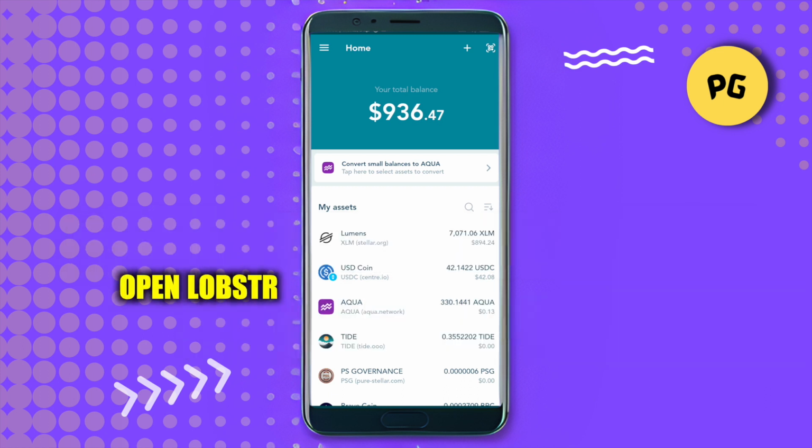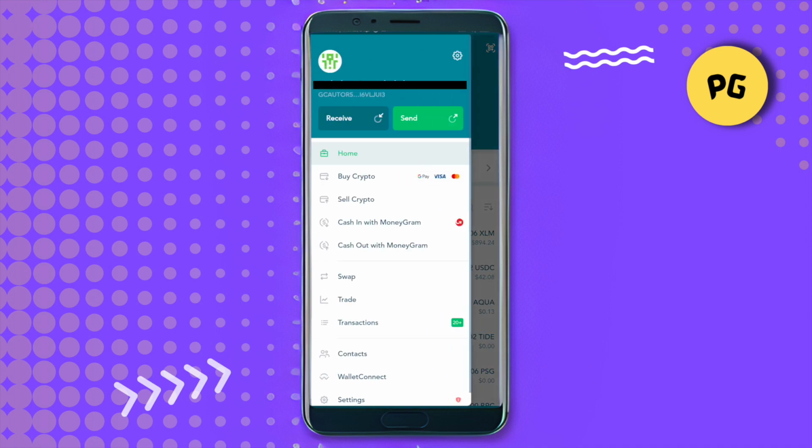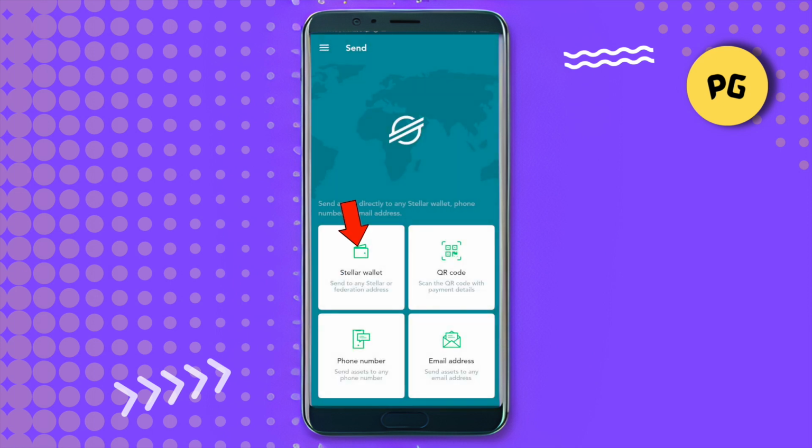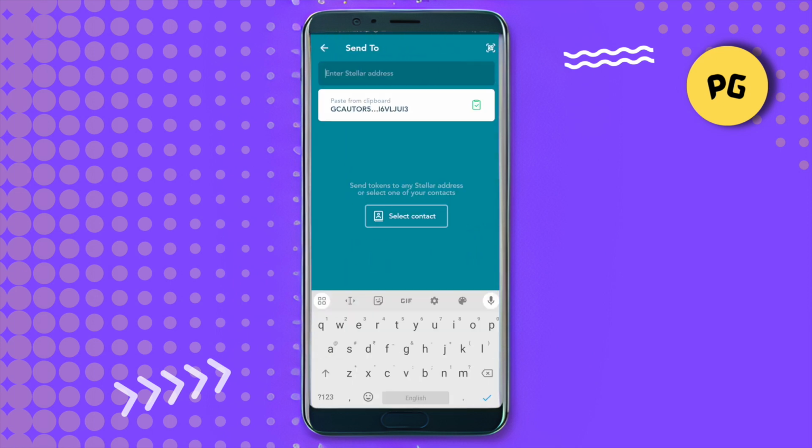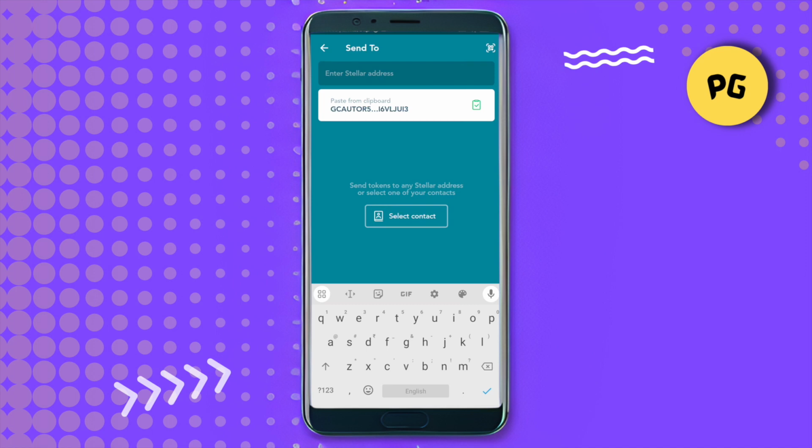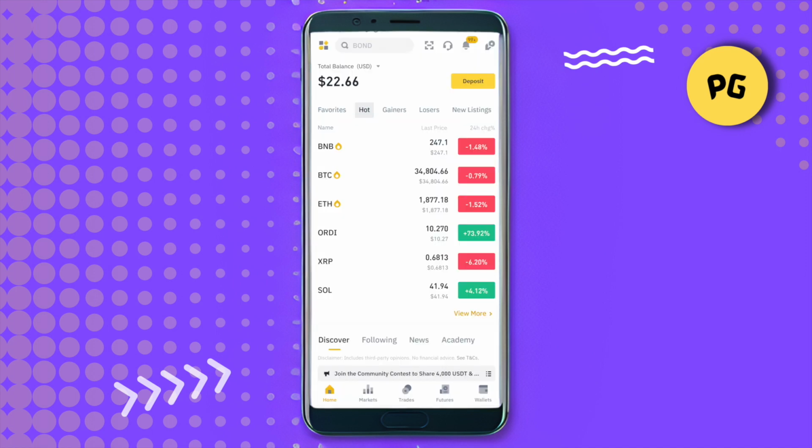So for this, just open up your Lobstr wallet and after that click on the three lines at the top left hand side corner and now click on this option of send. Select Stellar wallet. Now for the address, we will just hit up to Binance